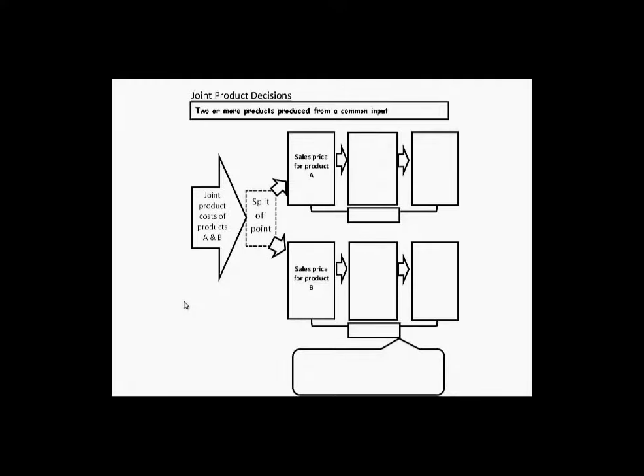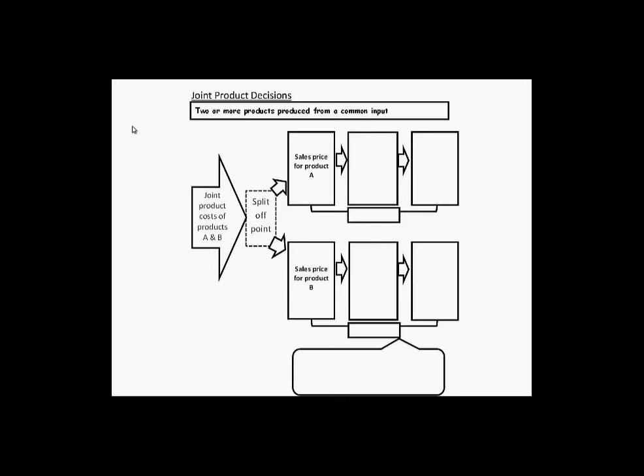This is what we call joint product decisions. A joint product decision occurs when there are decisions that are required based upon two or more products that are being produced from a common input. Many times in a